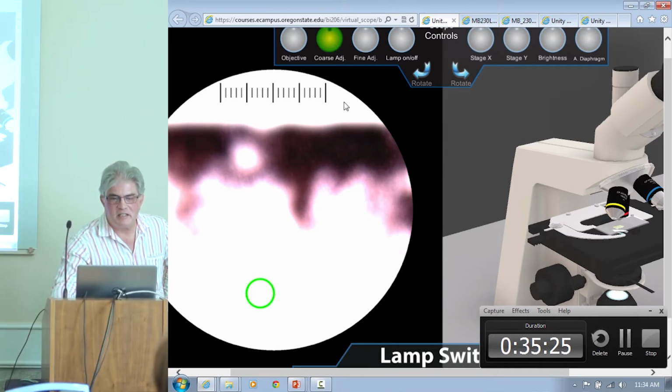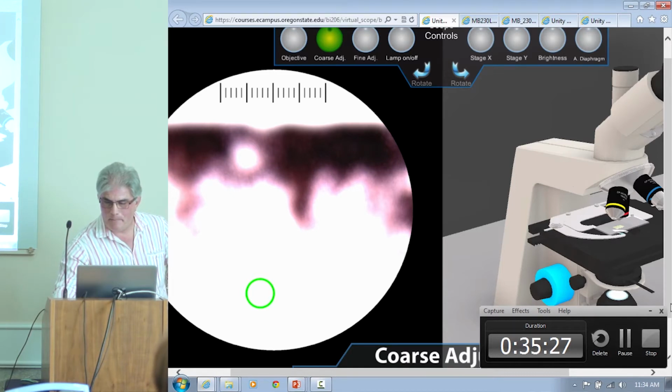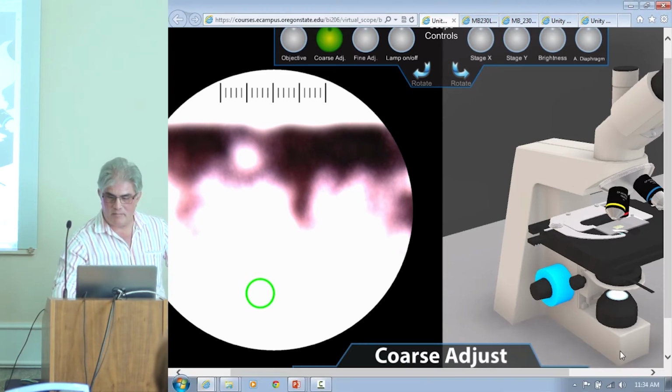You click on the particular part of the microscope that you want to manipulate, and it lights up in blue on the actual scope that you're seeing. And then down below, there's a control.